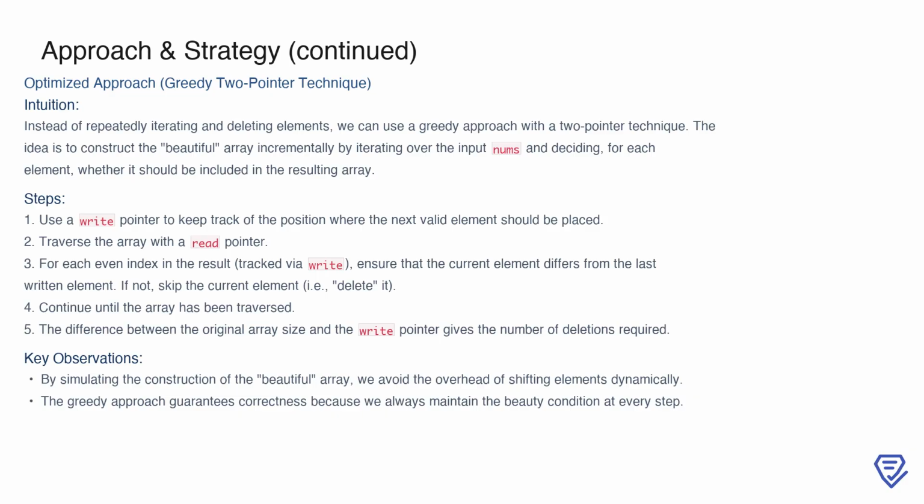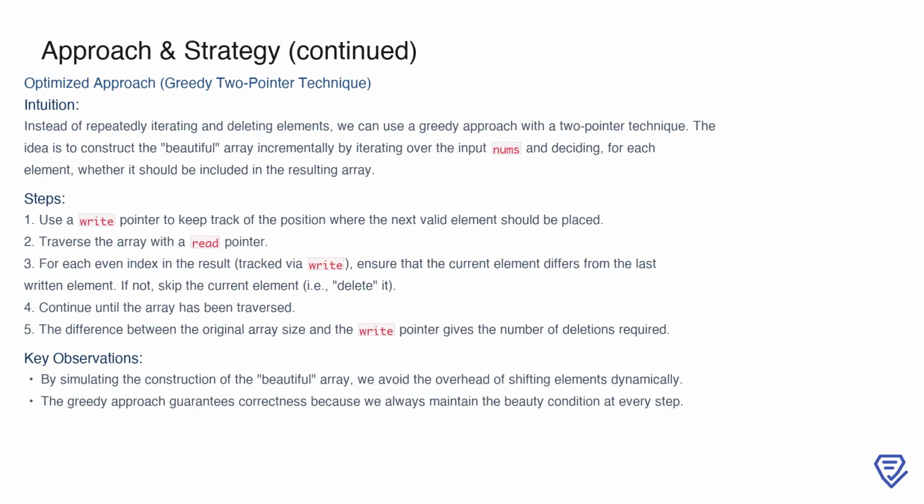As we iterate, for every even index in the constructed array, we ensure the current element differs from the last written one. If they are equal, we skip the current element, effectively treating it as a deletion. This process continues until we've traversed the entire array. At the end, the difference between the original array size and the position of the write pointer gives us the total number of deletions. This approach avoids the inefficiencies of shifting elements dynamically and guarantees that the beauty condition is